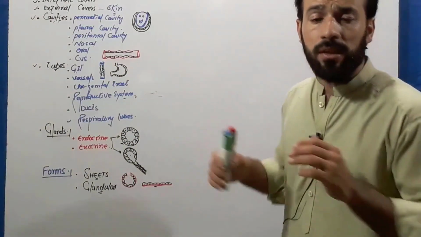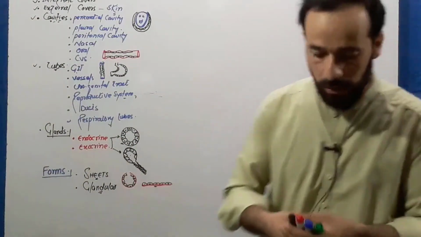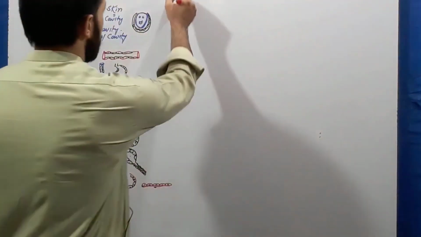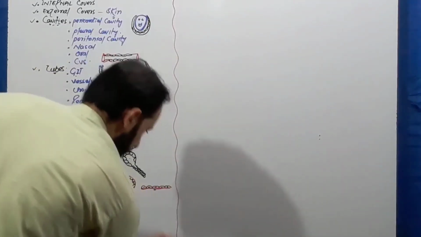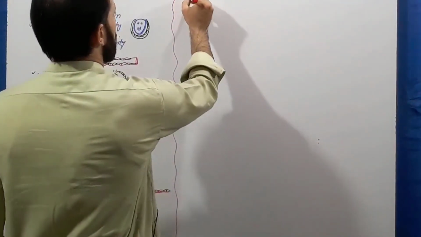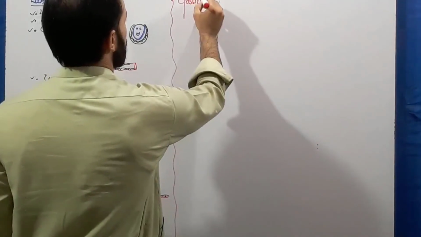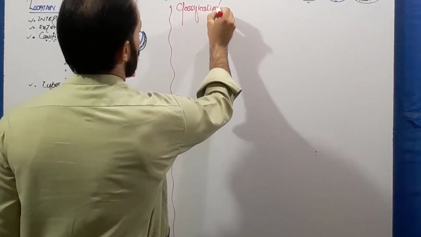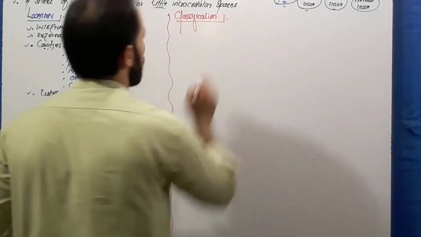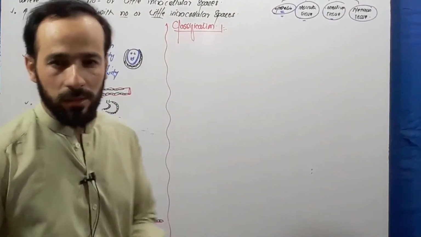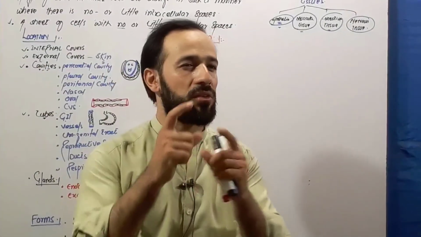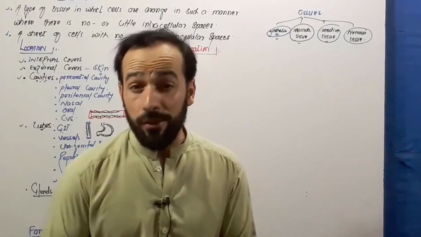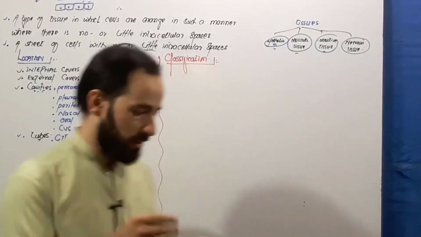Now let's go for the classification of the epithelial tissue. Let me classify it. Classification is done in two ways. Number one, if we look at the shape of the cell, so we said this is that and this is that. So classification is done on two bases. Number one,